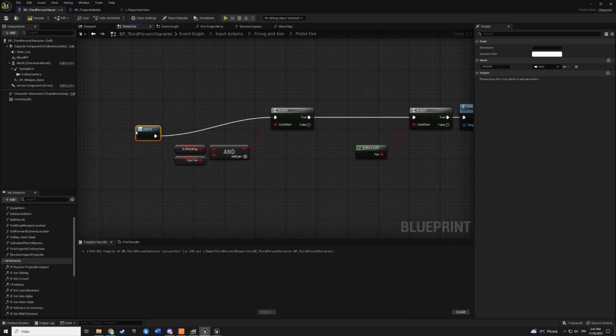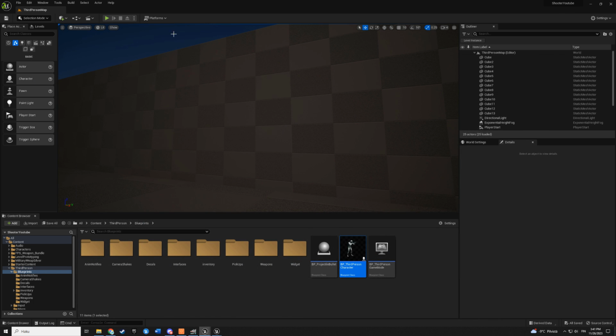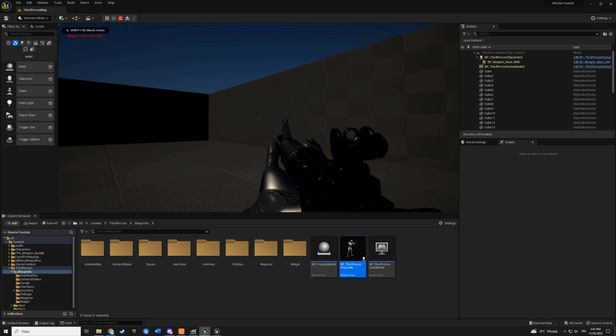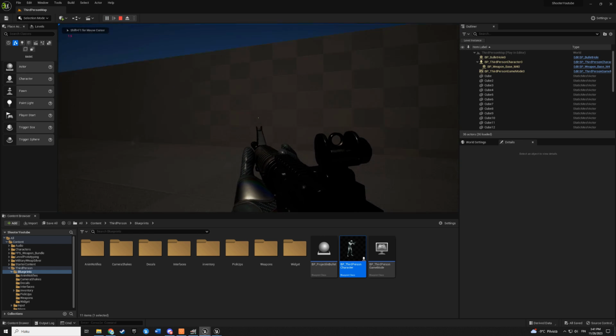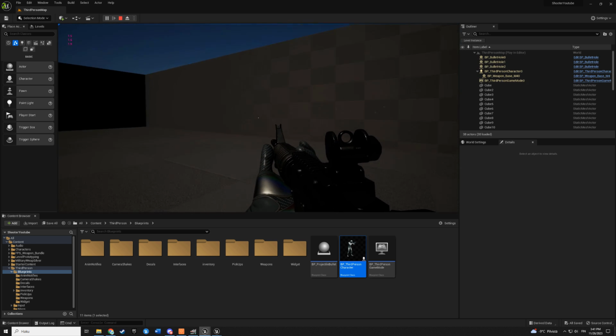So this is the pistol version, and we have also here shootray. Cool. Then compile and save, and let's try how it looks. Yeah, this is not the perfect bullet, but yeah, it's working.